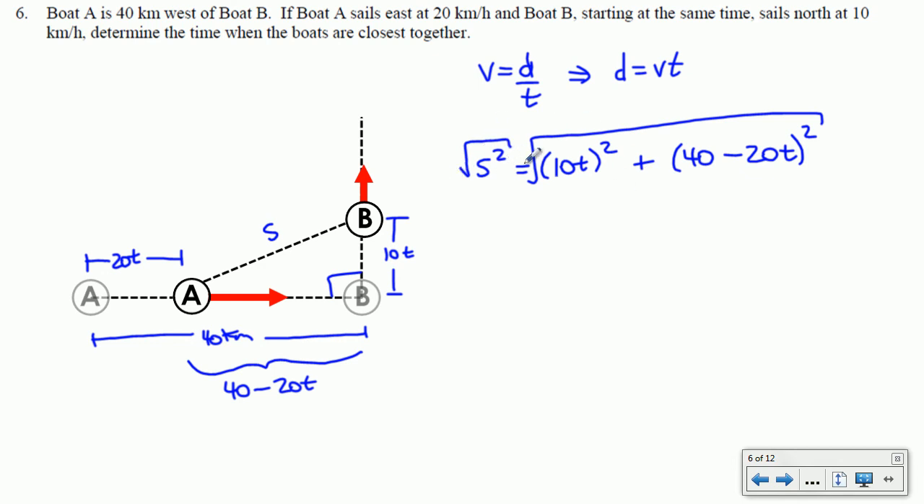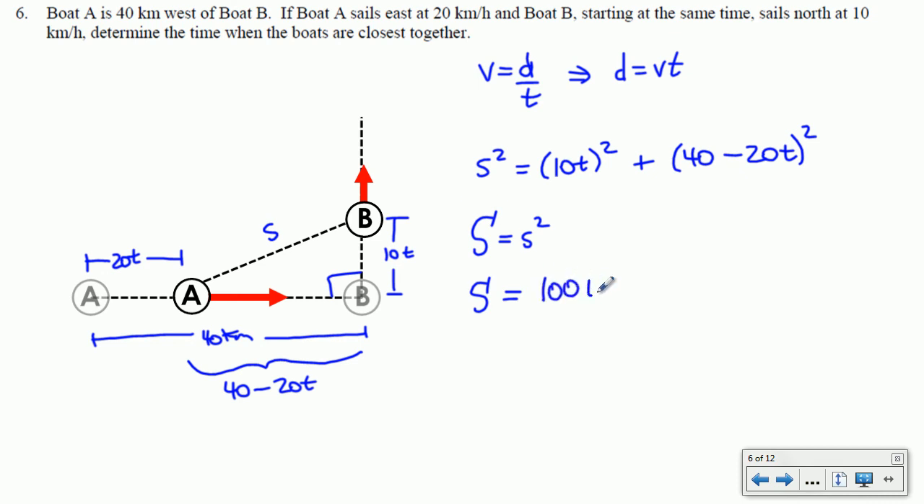So you're welcome to square root both sides and then take the derivative of this with the square root in it. However, what I'm going to do, as I did last class, is call a new variable capital S. And if I minimize capital S, then little s will also be a minimum. So capital S is going to be this thing, let's maybe expand it: 100t squared plus 1600 minus 1600t